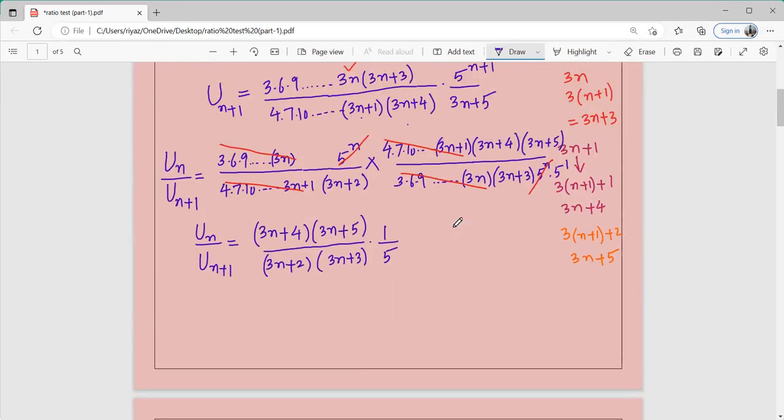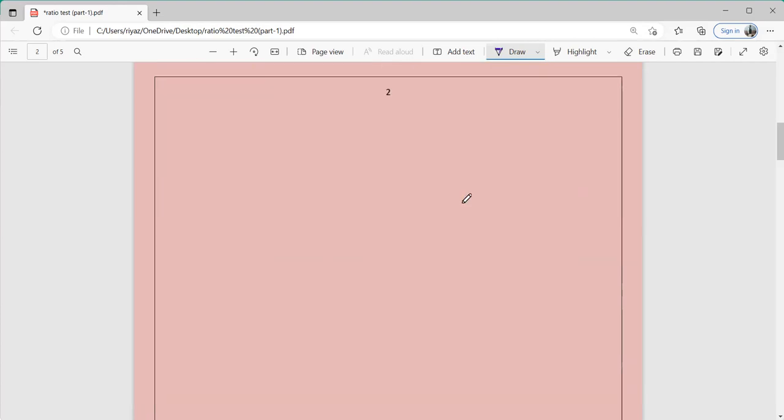ठीक है, तो taking limit n tends to infinity on both sides. So this is equal to, when I am taking limit n tends to infinity, it becomes limit n tends to infinity un by un plus 1 value. It is equal to,